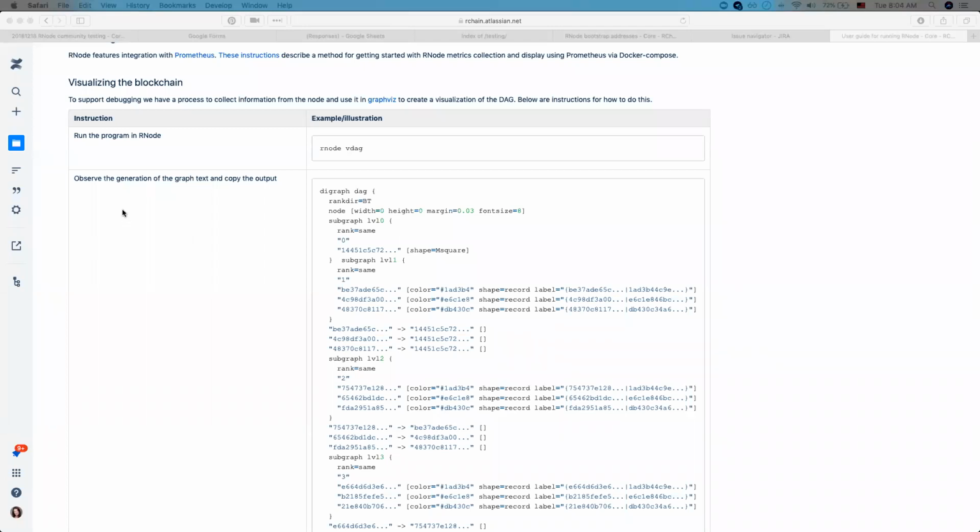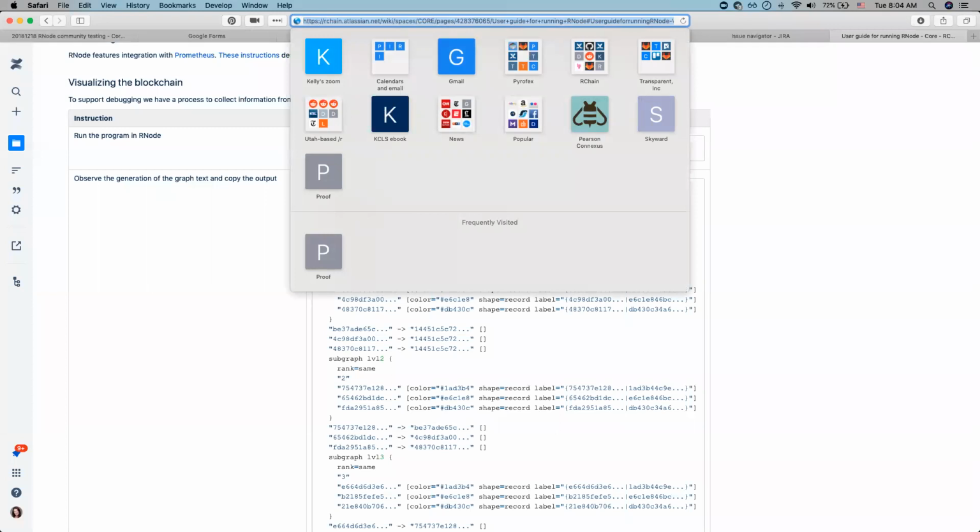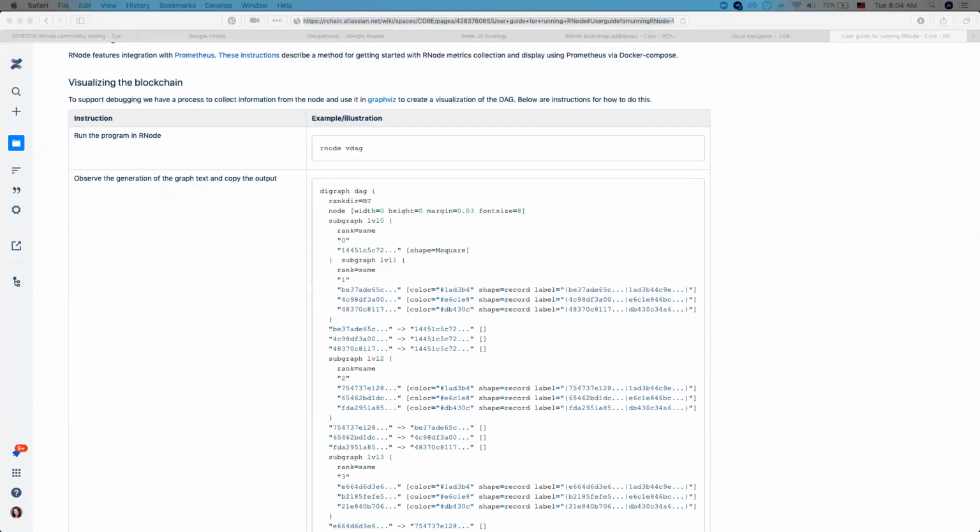So with that, let me talk a little bit about the graphing tool, and I can do that by sharing my screen. All right, so we are looking at the RNode user guide. I will paste a link here in the window in the chat. And if you were in the user guide and you select the heading in the table of contents, visualizing the blockchain,